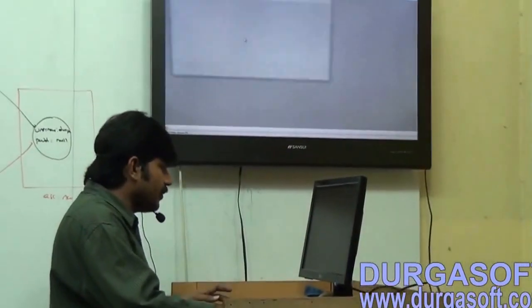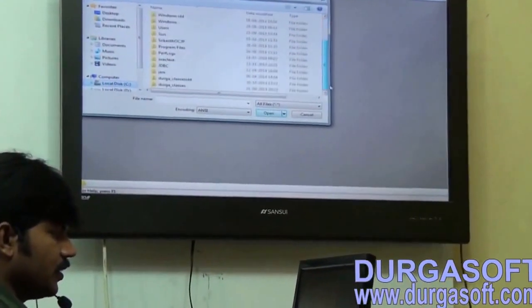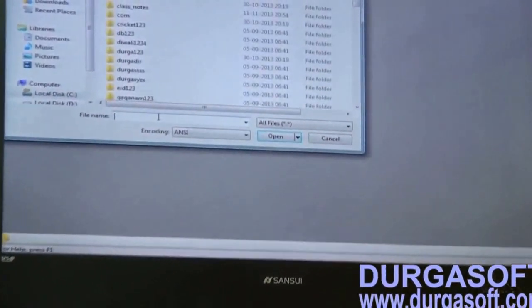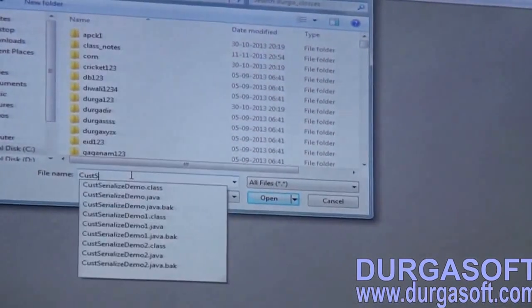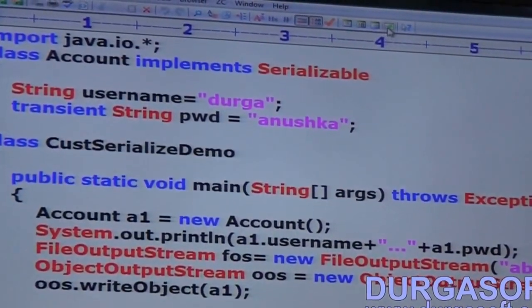Anyway, the same example, let me explain. Here, C colon Durga classes, CustomSerializedDemo.java. Custom serialized demo, same example.